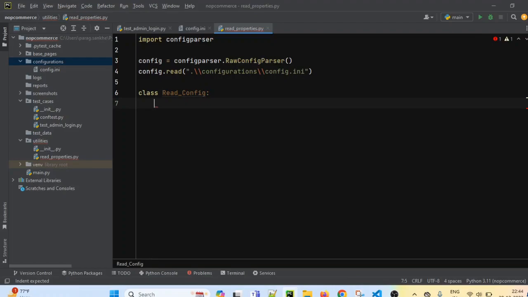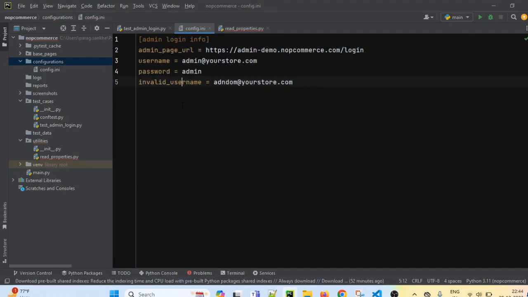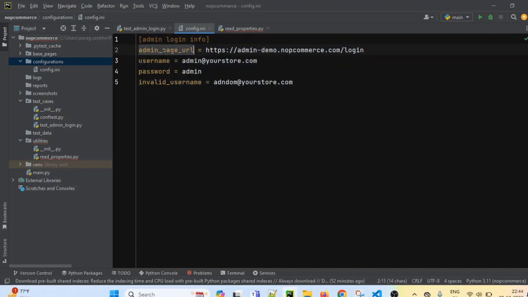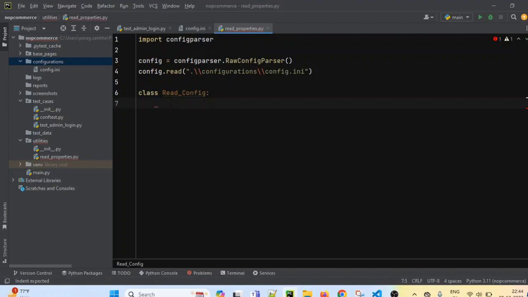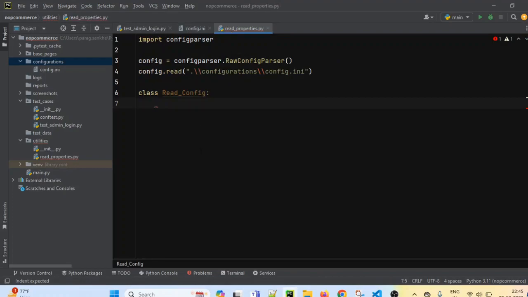Inside this class, now in config.ini we have added 4 key values, right? So these are the 4 values which we have added. For every value we will create one static method in our ReadConfig class. We will write a static method to fetch each and every variable from this config.ini. So for the admin page URL we will create one static method. How to create a static method?